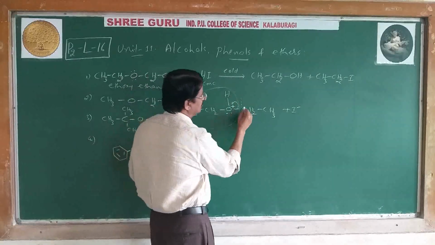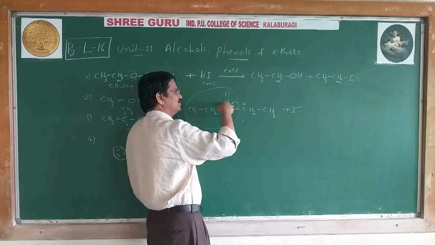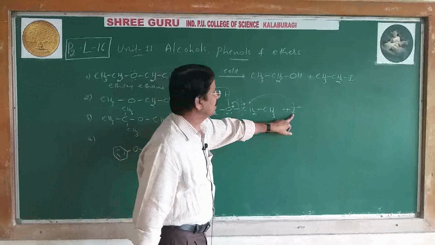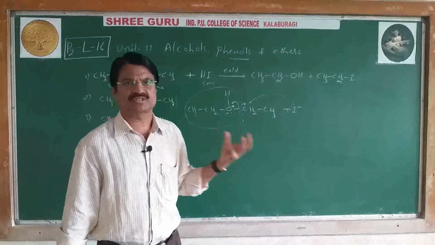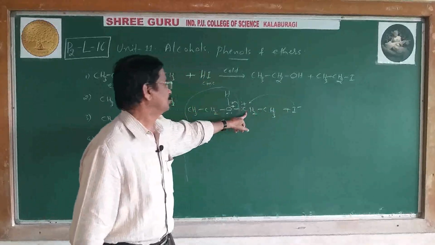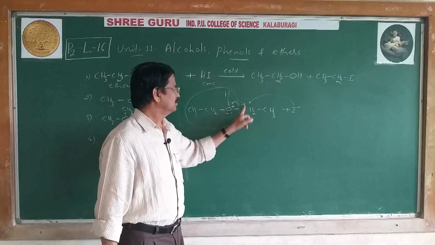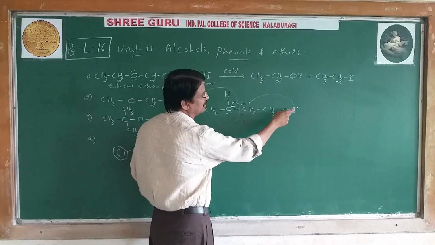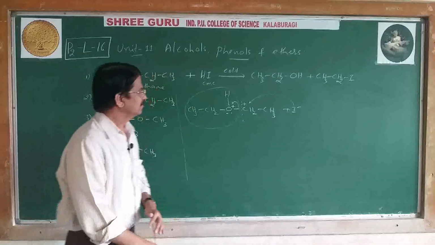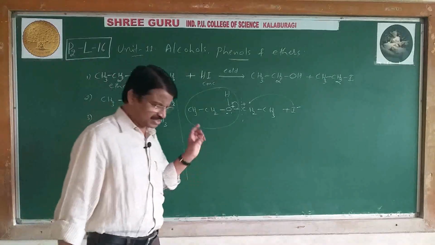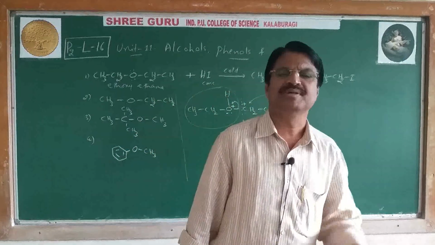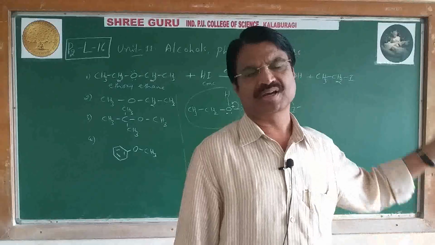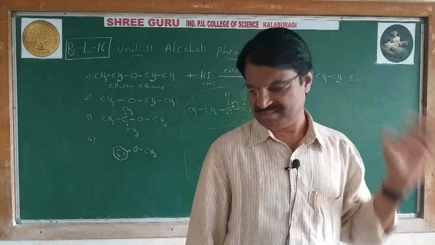Alcohol is formed. Next, this carbon is positive because the bond shifted here, and it can react with a nucleophile, I minus. I minus is a strong nucleophile and it can attack easily on the carbon plus. Then we get CH3CH2I, ethyl iodide. Anyway, in all the reactions, first the ether gets protonated from HI and afterwards it undergoes heterolysis to give one molecule of alcohol and one molecule of alkyl iodide.